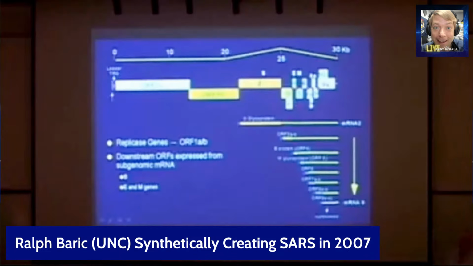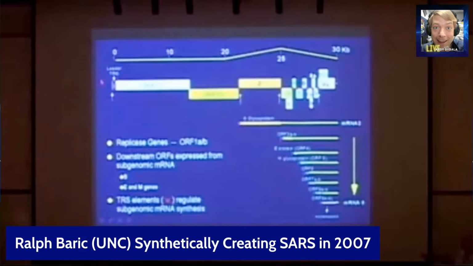Now, about 70 nucleotides shown here as these little blue boxes that is derived from the 5' end of the genome. So these are discontinuous stretches of RNA that are joined during transcription. And these little red box elements right here are absolutely essential for mediating the joining of these two sequences. This will become very important later on in the talk. So keep the concept of TRS elements, the little red box elements, as being essential for regulation of messenger RNA